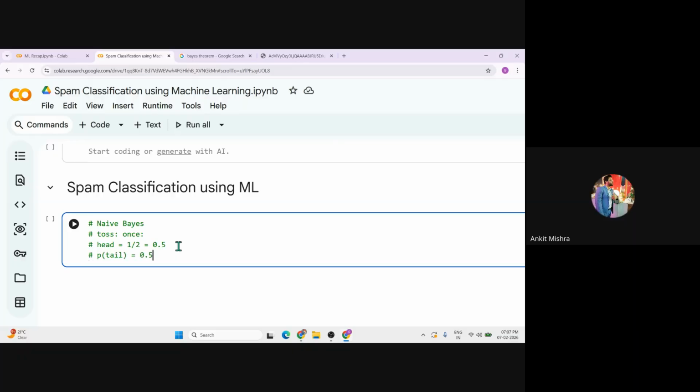This is the very basic probability, right? You can simply get the probability by checking the total favorable outcomes divided by the total possible outcomes, right? Since we are tossing the coin, the total possible outcomes are head and tail, so it's two. And the favorable outcome, because we are calculating the probability of head now, is 1. So that is a very basic probability.